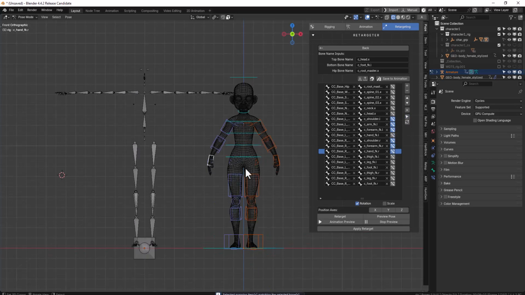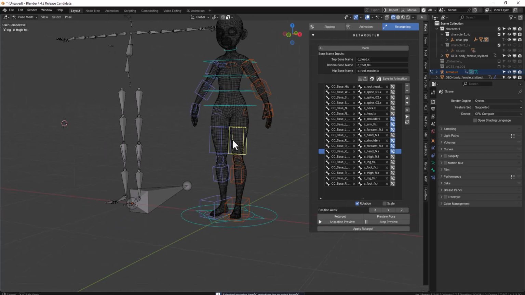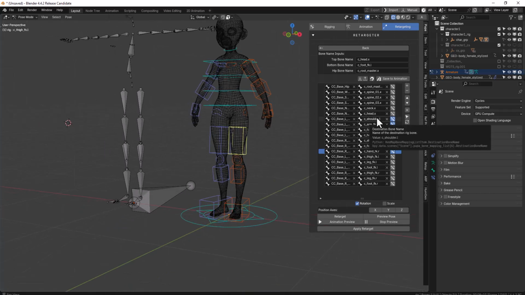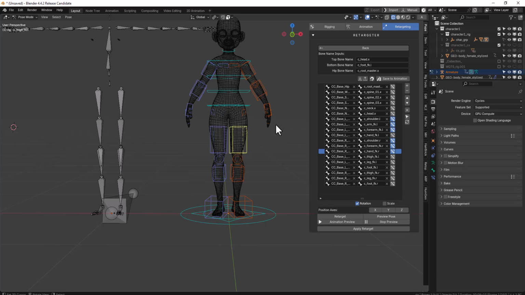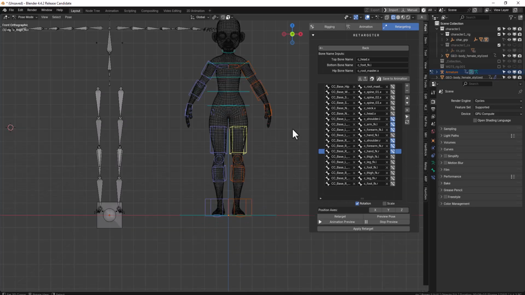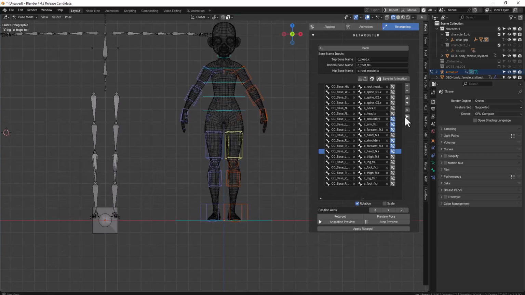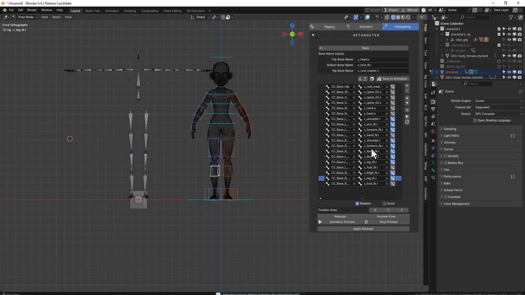Okay, so you might also want to match the legs, just in case your character's legs are spread wide open and you really want it to be one-to-one to the motion capture with no customization. So you can go ahead and do that. And that's it. That's all you need to do. So if you do retarget,